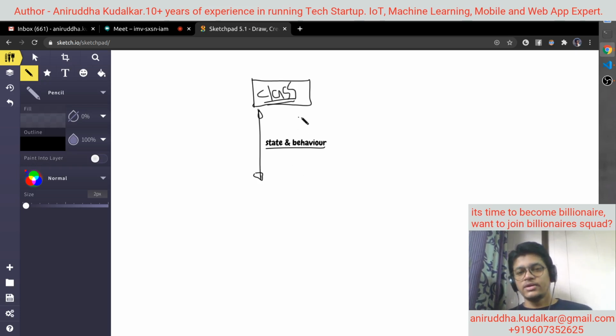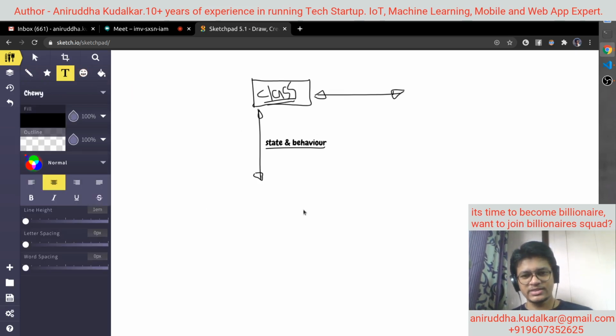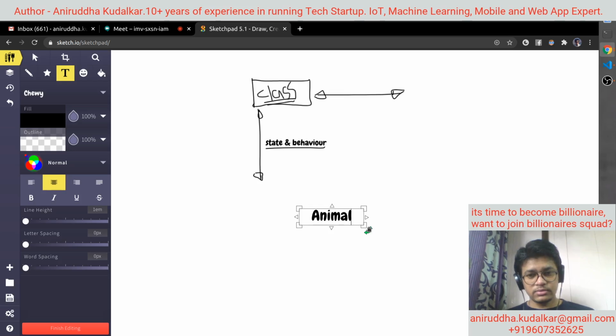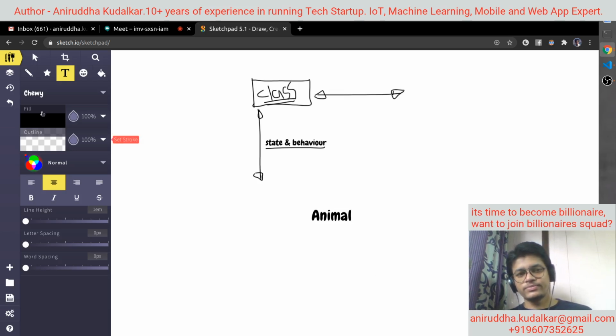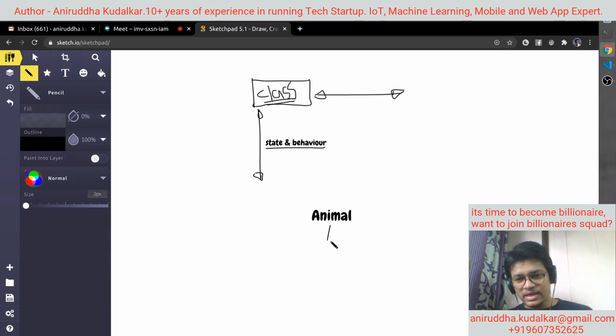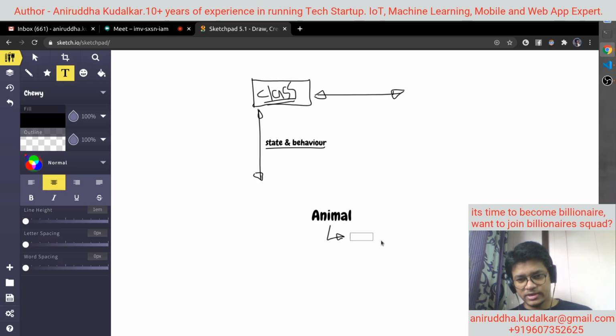Right. Now what I want to do at the runtime, this class wants to get a behavior on a contract basis. I'll give you one suitable example. You have animal, right? And animal is having these behaviors, which is nothing but run.